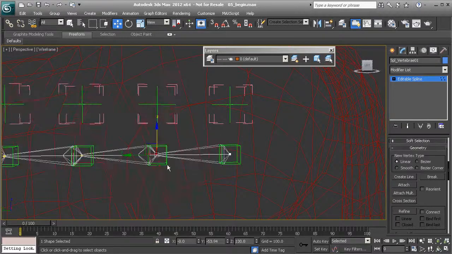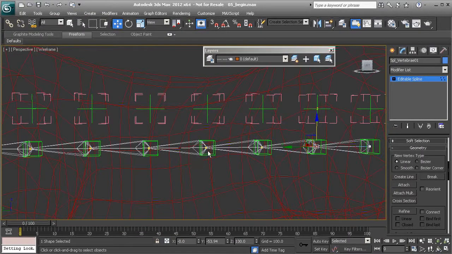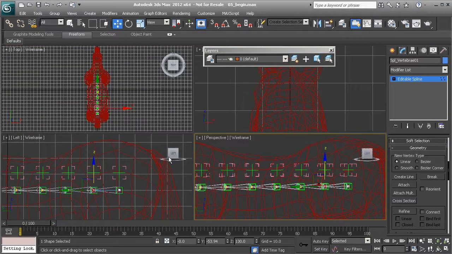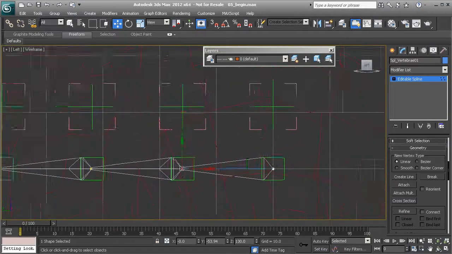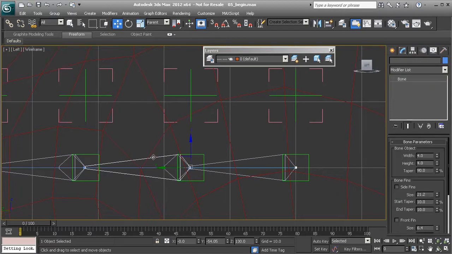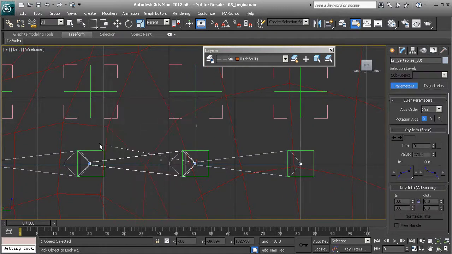So that's basically the same steps for the rest of our bones. So we'll want to do that in order to kind of finish up. So again, the process, if we were to head back over to our side view, is to go and select the bone object after we exit our subobject level. Grab our bone object, apply the look at constraint, we look at the helper before it,